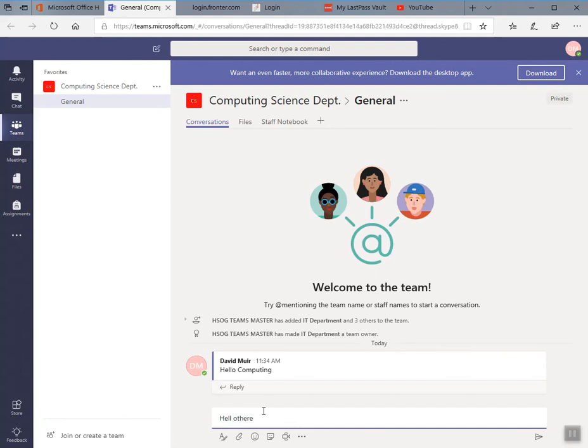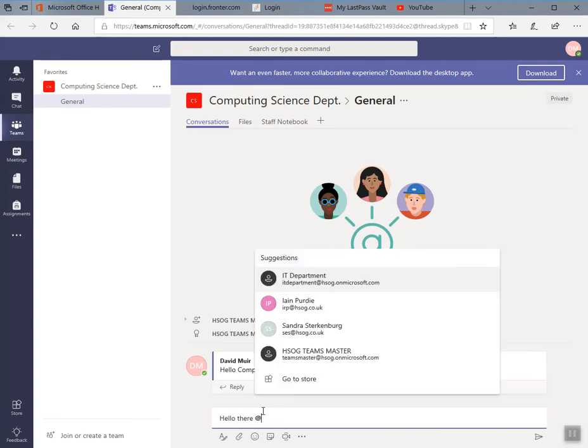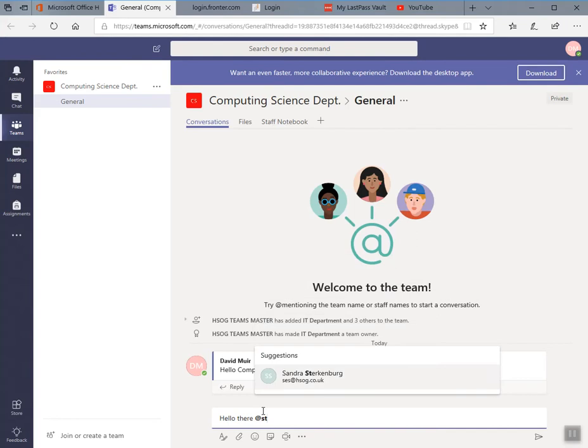anything you like. Oops, helps if we don't say rude words. So we type that in there, and if you wish to draw someone's attention to it in particular, you type the @ symbol and then start to type their name. So as you start to type their name, it will say, oh, is it this person you want? Yes, it is. And that person's attention will then be drawn to this conversation, and it will be highlighted for them that there's a message waiting for them, and they know they can go and look at the Teams